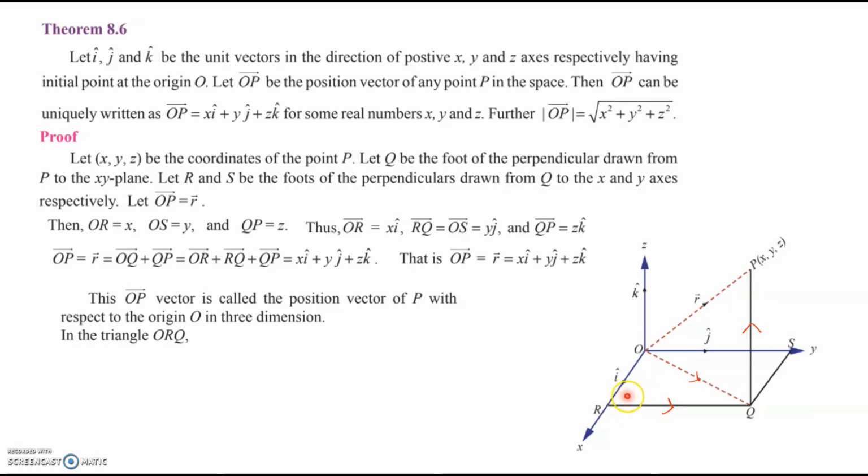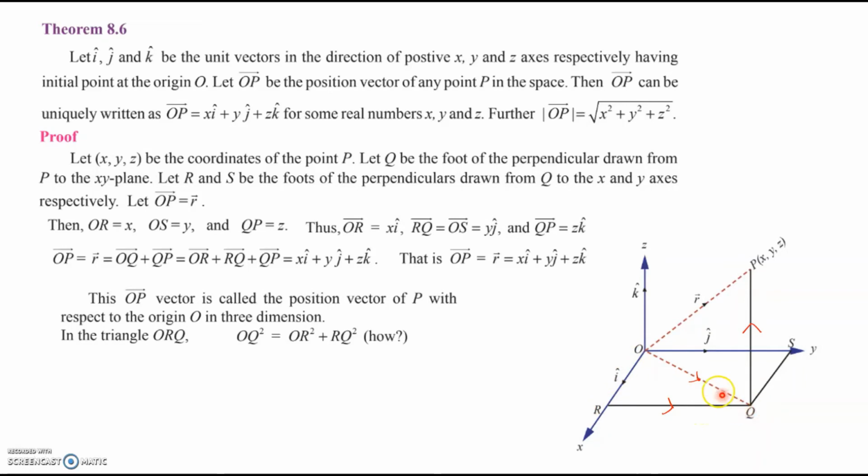So if it's a right angle triangle, my next question is, by Pythagoras theorem, what is the relationship between the sides? You know that OQ squared is equal to OR squared plus RQ squared, right? So we have that. OQ squared is equal to OR squared plus RQ squared because this is a right angle